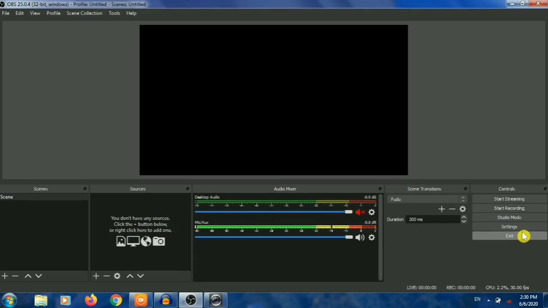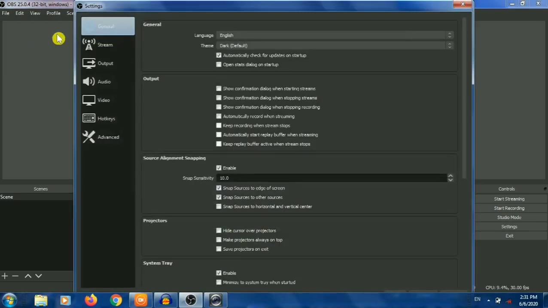Before starting the recording, let's see some basic settings of OBS Studio. To open the settings, we can click on this setting button or go to the file menu and select settings. This is the first screen of the settings window, in which we can see that in the left panel there are a number of tabs available.